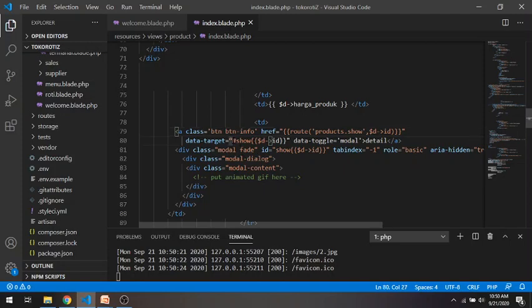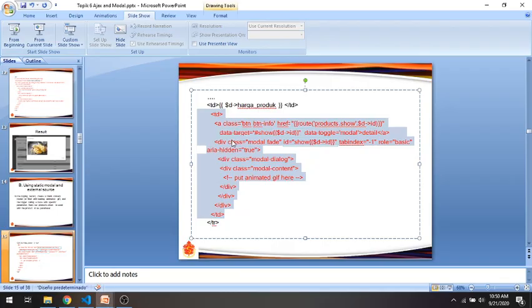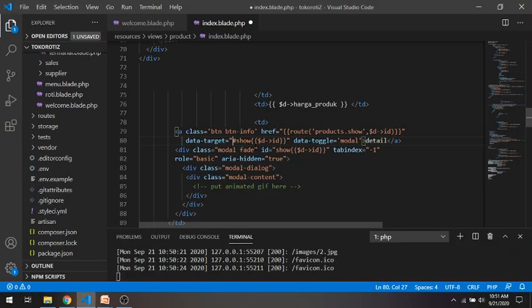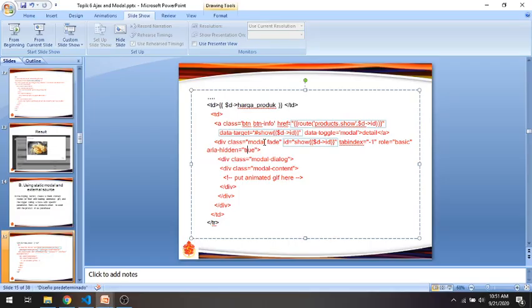The double quotes are wrong, they changed while in PowerPoint. I will check the PowerPoint. Where is it? Okay, this one in the data target. Data target, I will fix it first.